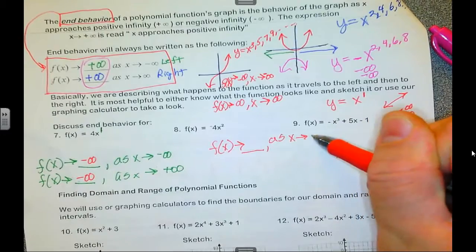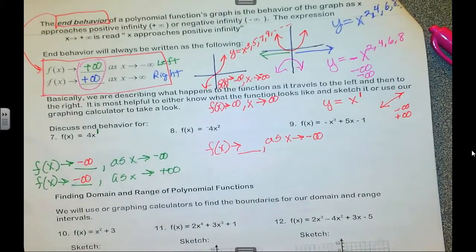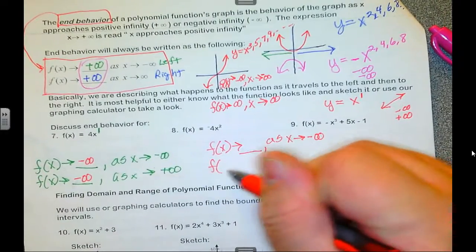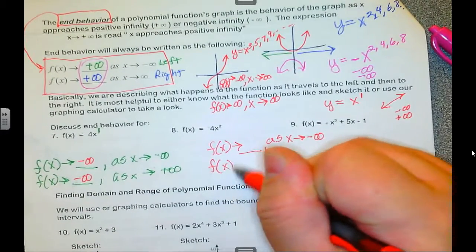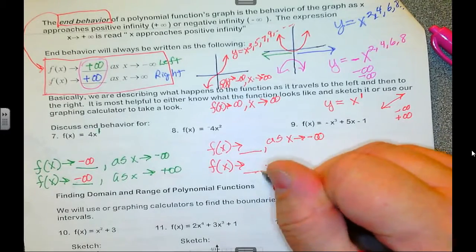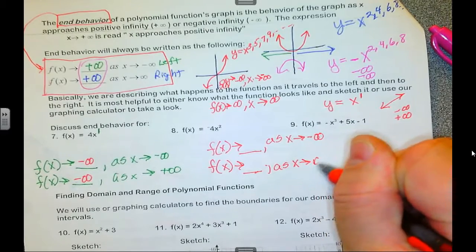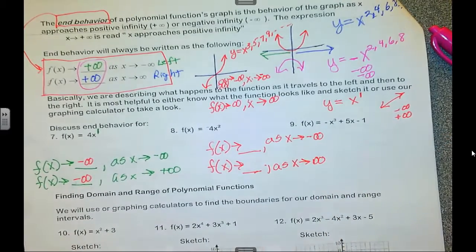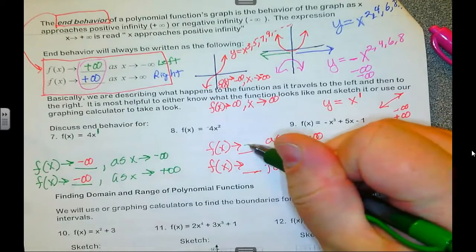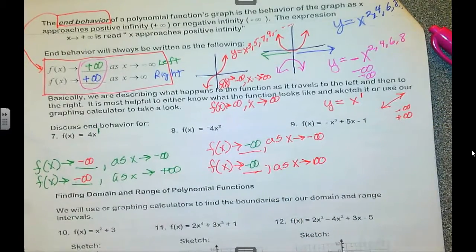As x goes to the left, what happens to my parabola? Now be careful with this. Because I have a negative coefficient, it's not going to be positive infinity, positive infinity. It's going to be negative infinity, negative infinity. Because if we sketch this graph,